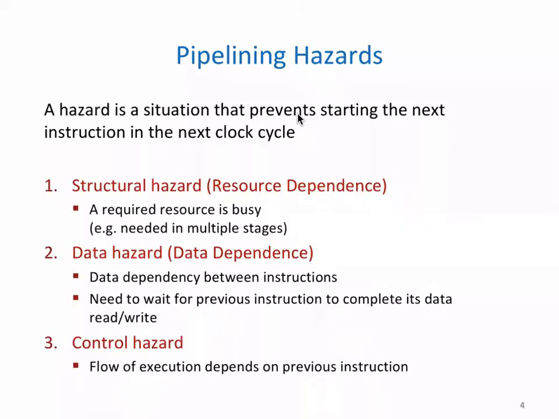So far, what we have studied is that in the pipeline data path, we cannot execute instructions as they are, because there can be some dependency between instructions and over the use of a resource. That's what we call a structural hazard. Over data, it means that the data required for the next instruction is not yet available because the previous instruction will generate the data. That's what we call a data hazard.